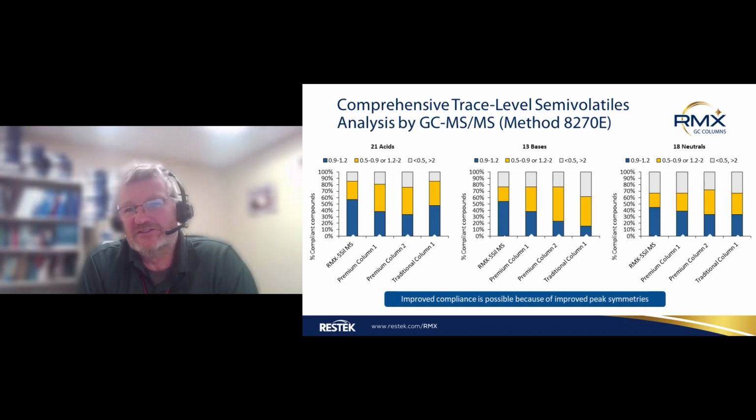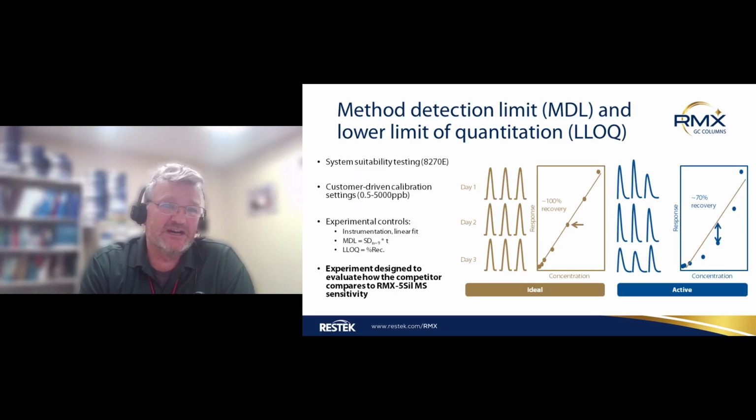And for neutrals, there may be a slight edge. I've spent time trying to figure out why neutrals would look any different. They shouldn't. They should all look identical. But Ram showed that one slide with efficiency, where our columns are consistently at 4,500 plates per meter. If you have better efficiency, you have narrower peak widths, you have better signal to noise, and you have more reproducible peaks, which means that even the neutrals are going to look slightly better. That's my explanation for why our neutrals even look better on this column.